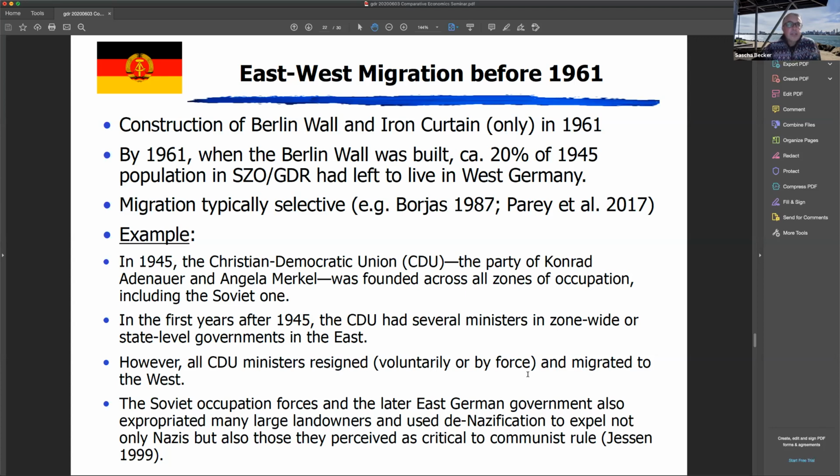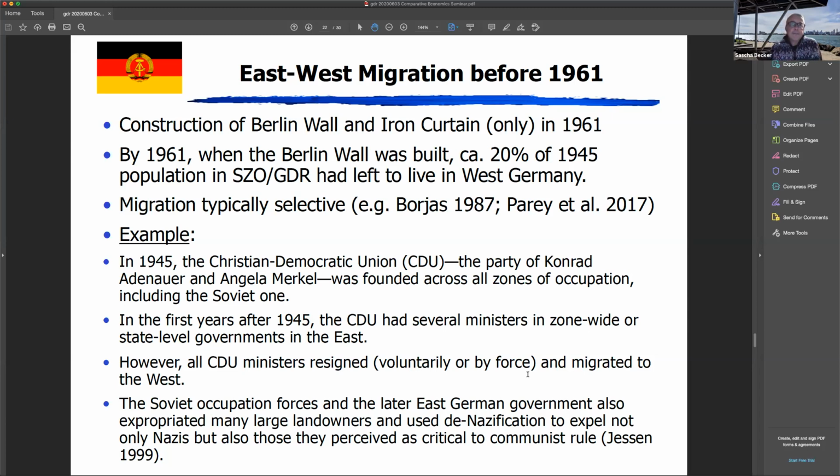Just to give some examples there, in 1945, the Christian Democratic Union, so the party of Konrad Adenauer and Angela Merkel, was founded across all occupation zones. And in these first years under occupation, there were still democratic elections also in the East. And in the first years after 1945, the CDU was in charge of various governments, even in the East. But all CDU ministers resigned voluntarily or by force and migrated to the West. So to the extent that these were representatives of democratic conservative parties, those people had to leave or left by